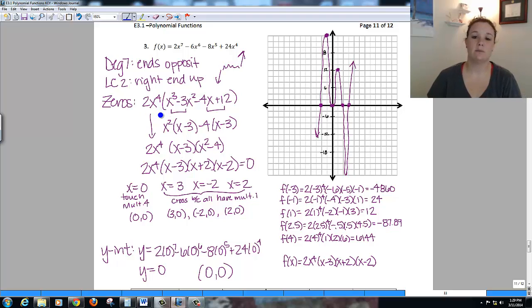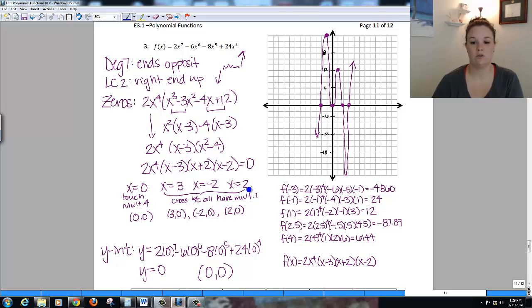Now, I took out my greatest common factor first. If you factored by grouping, that's fine. Make sure all of your factors are completely factored before you start finding your x-intercepts. Okay, so I took out 2x to the 4th first, and then with what was left over, I went ahead and did grouping. Okay, when I get it all factored down, I end up with zeros of 0, 3,